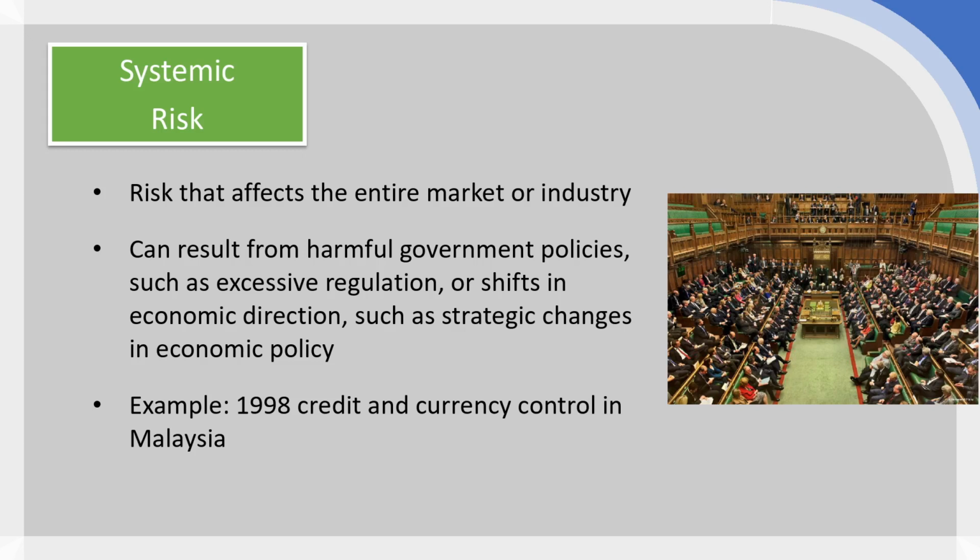So if, for example, you're a company that deals primarily in petroleum or oil products, and a country that you're considering entering into has a political system which is moving towards increased regulation of oil and gas products in order to curb climate change or to achieve their targets under the Paris climate change accords, that would increase your systemic risk. So that risk is not going to be targeted at your company specifically. It's not going to be something which singles your company out. However, it will be a risk that's going to affect your entire market or industry in a negative way.